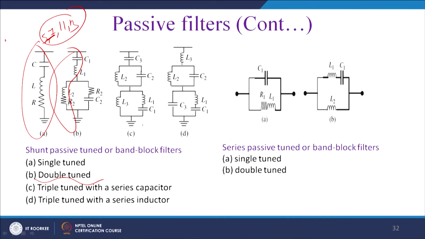So, you can see that, and this is a triplet tune with a series capacitor. So, first you will have a series capacitor and thereafter this will be tuned to a particular harmonic, this will be tuned to a particular harmonic, and this way you can mitigate, and same way you can have an inductor. So, this has a challenge here, because capacitor charging and discharging will be an issue. So, turning on is required to be controlled by a thyristor sometimes.